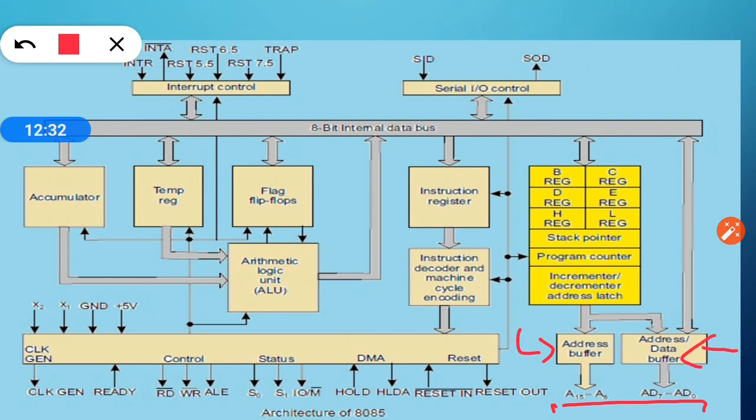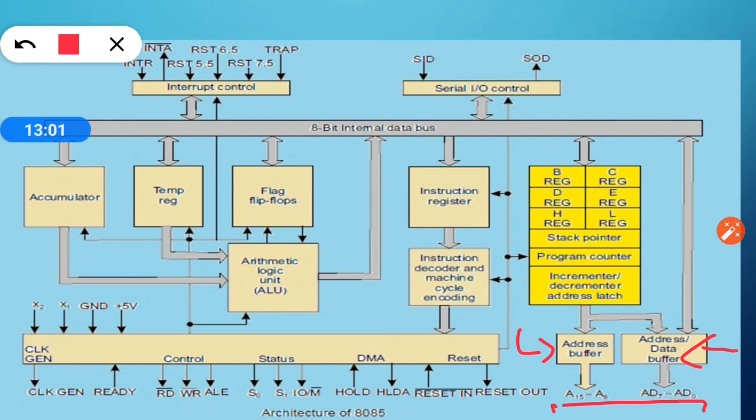So we know that for loading data from a memory device, we should know from which memory location we are loading, right? As we know, the memory device is divided into small parts. Each subpart is known as a memory location. So in which memory location of the particular memory device that data is stored, we should know the 16-bit address of that particular memory location.